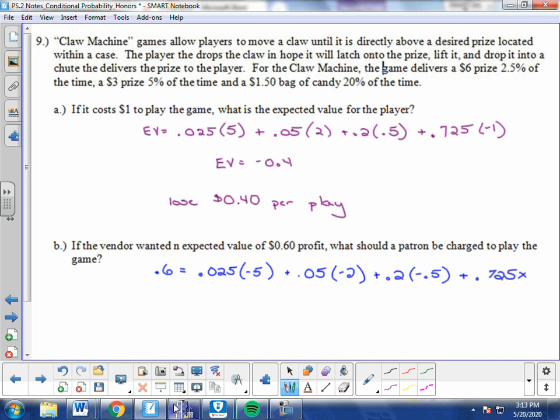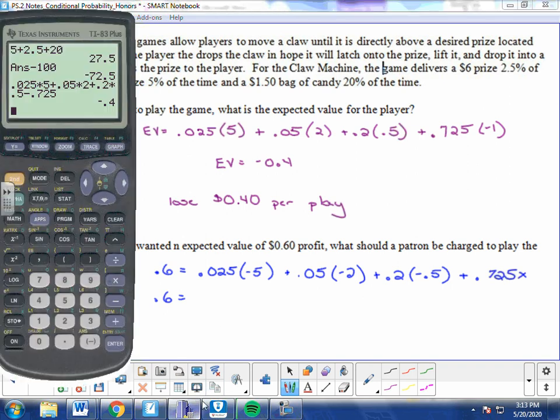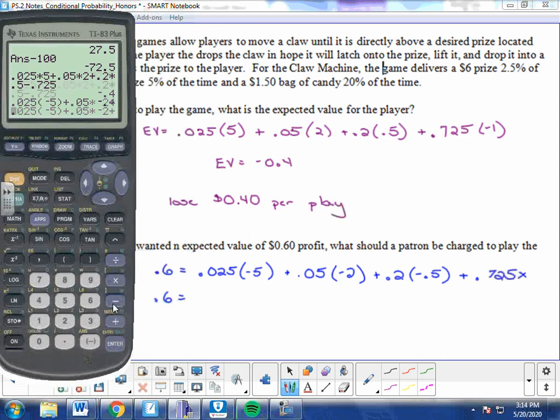So if we simplify this, the expected value for me, now that I'm the vendor, is 0.6. Again, these first three terms were negative because when the player wins, I as the vendor lose. So I'm going to go ahead and simplify these: 0.025 times negative 5, plus 0.05 times negative 2, plus 0.2 times negative 0.5. If I simplify all of these, I get a negative 0.325